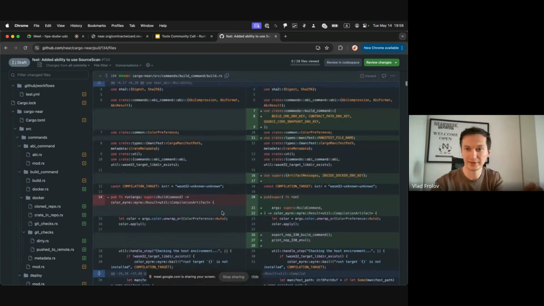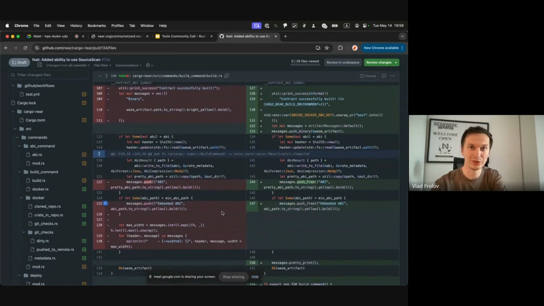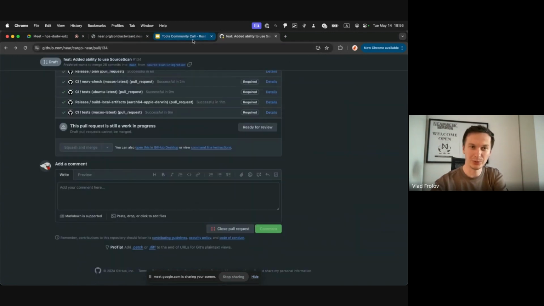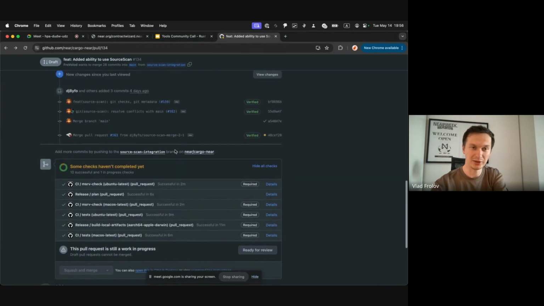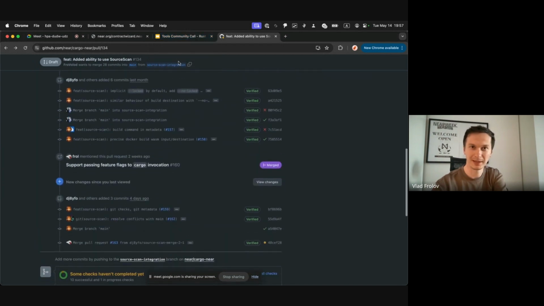So all of that is heavy lifting, and kudos to the team for carefully crafting it through. So looking forward to start using it, and it will hopefully be enabled by default. So all the contracts built with cargo near build and cargo near deploy will actually benefit from this implementation going forward.